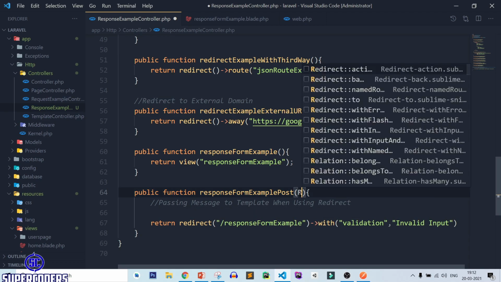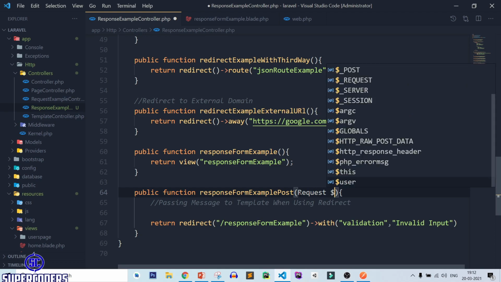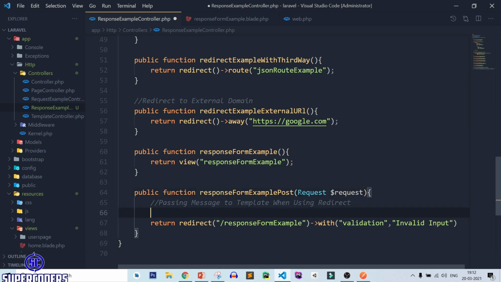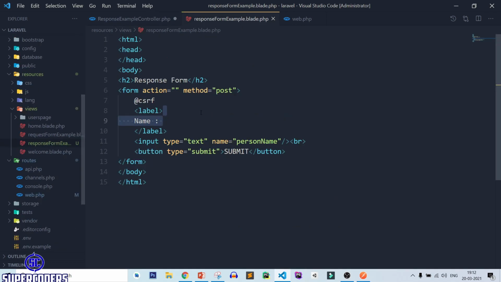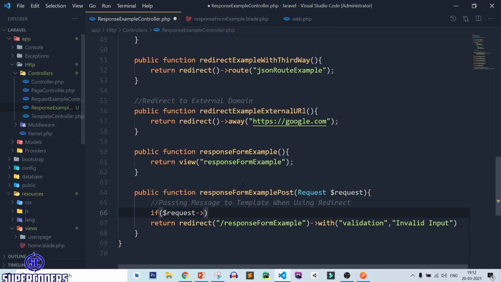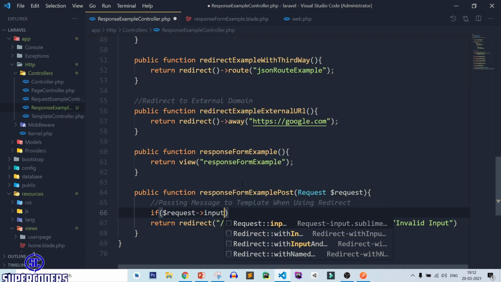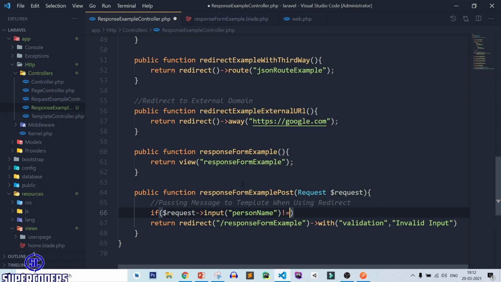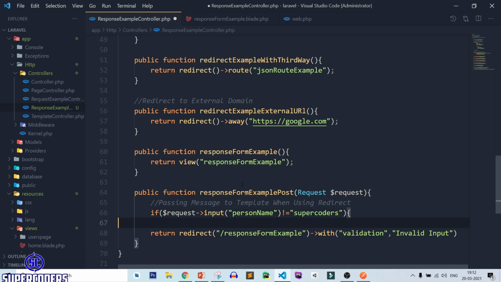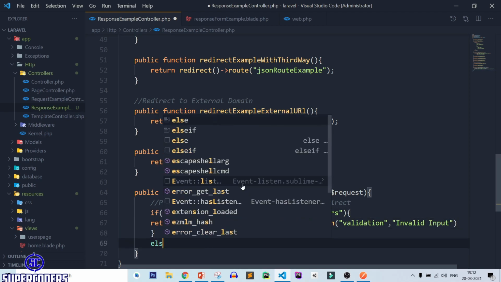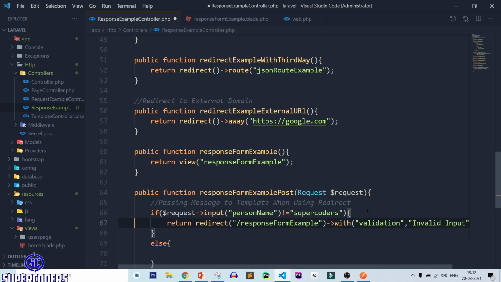So for this $request, if $request then key name is our person name input person name not equal to super coders, then you can return this error message, else you can return the different message.